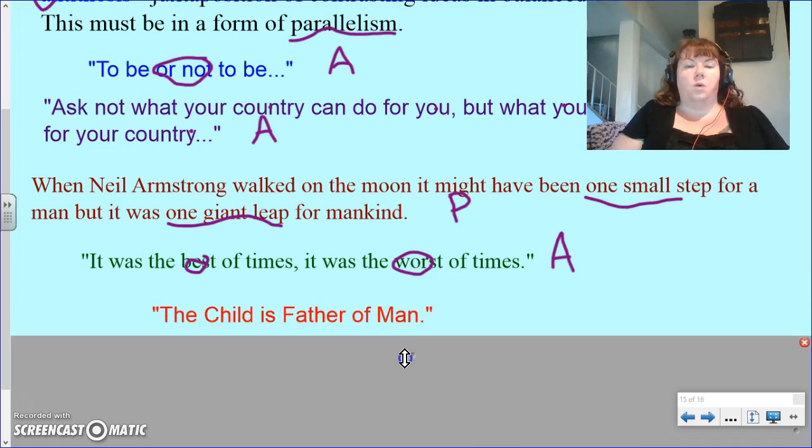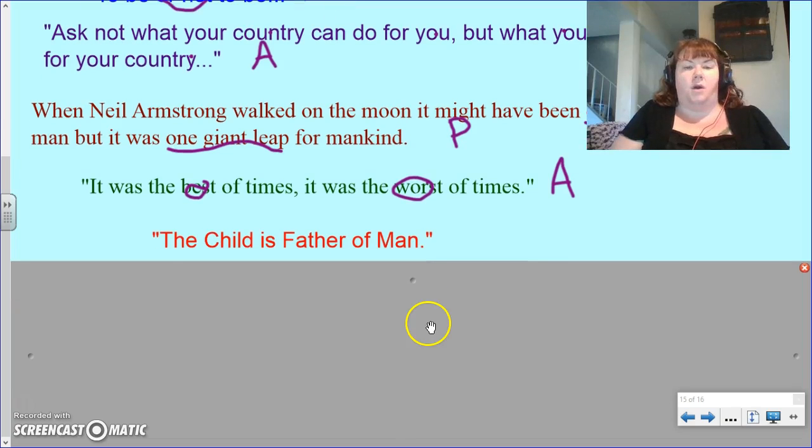Okay, one more, and then I'm going to have you try some on your own. The child is father of man. This idea of a child versus a father is our contrasting ideas. The next thing we check is parallelism. Yes, it has the contrasting ideas, but does it have a parallel structure? The answer is no. In order to be parallel, it would have to be something along the lines of the child is the father of man. Because it doesn't, we have a